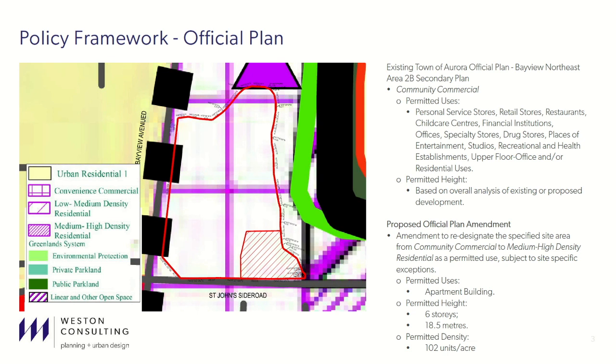Certainly, the proximity to St. John's Side Road and Bayview Avenue and higher order transit is driving some of the density on this proposal. But of course, as you're aware, provincial initiatives in the PPS, the growth plan, and the regional official plan facilitate increased intensification and development to create a more efficient use of services and to minimize land consumption. All of this factors into the narrative that supports this application and is set out in our planning justification report.